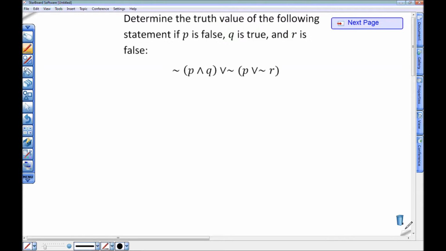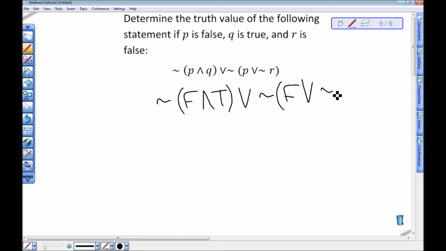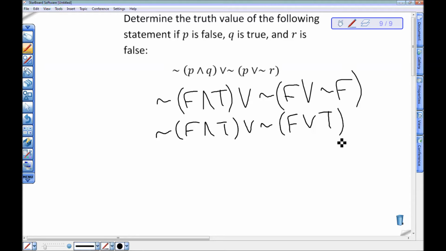All right, last one here. It says not false and true, or not false or not false. Okay, let's start with the only single negation we have, which is here in the second parentheses. Okay, now let's work through the parentheses.